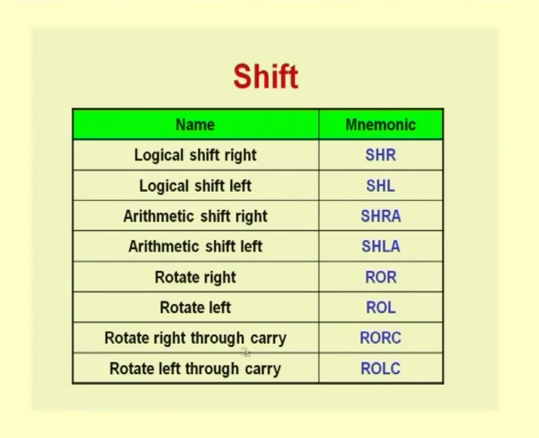Then we also have other variations called rotate right through carry and rotate left through carry. Here, what we do is similar to the rotate right and left, except that along with the register that we are looking at, we will also be considering the carry position. So, when you say rotate right through carry, suppose you have 1001 and you had a carry bit of 1. When you are rotating this along with the carry, treat it not just as a 4 bit number, but as a 4 bit number along with the carry, making a 5 bit number, and do the entire rotate operation on this 5 bit number.